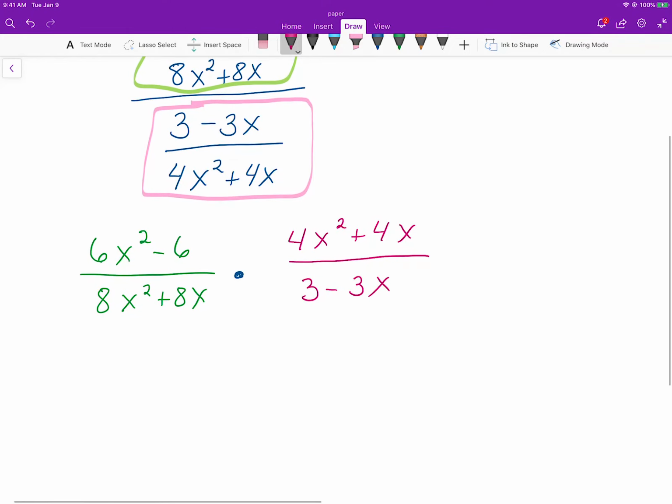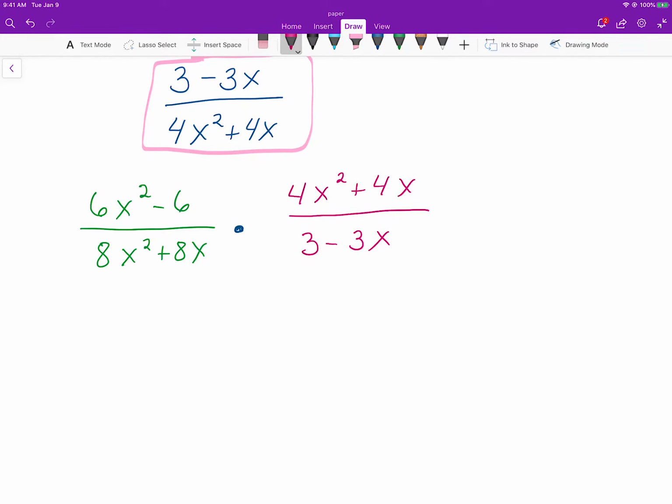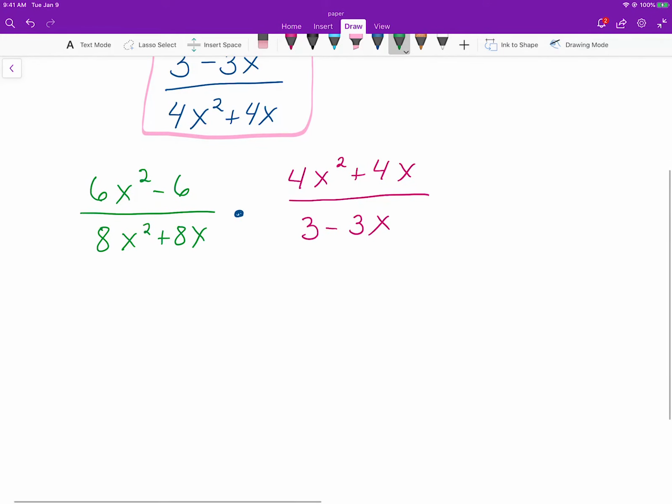So then, when we're multiplying fractions, we do not need common denominators, so we can just multiply straight across. But when we have quadratics or higher polynomials in our numerator or denominator, you want to see if they factor first, because sometimes when they factor, we can get factors to cancel out. And if I factor the numerator and denominator,